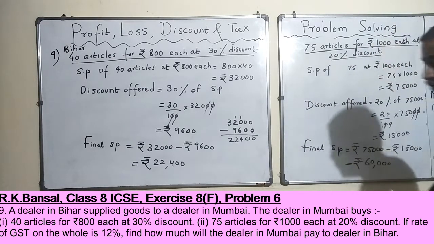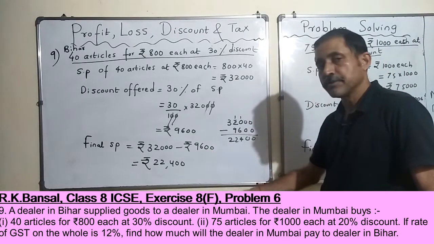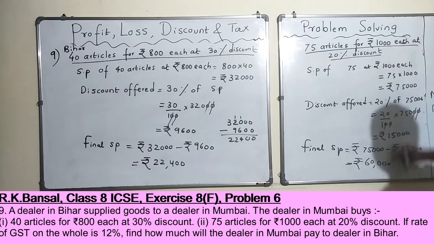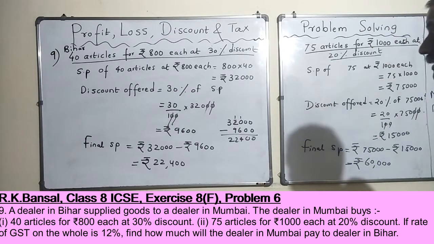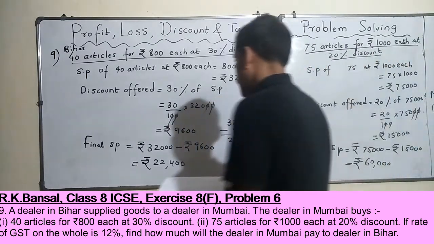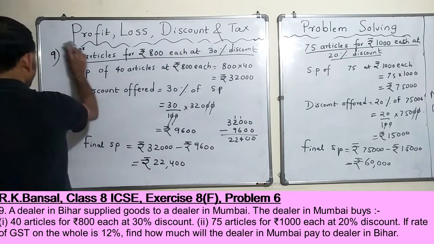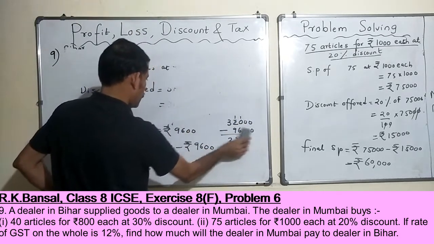So now his bill will have two entries. One is 22,400 for this set of articles and 60,000 for this set of articles. Okay, all right. So now the total comes to, I need to rub something. I believe I will rub this. Okay, let me rub this. I hope you have noted this down. All right, I'll rub till here.